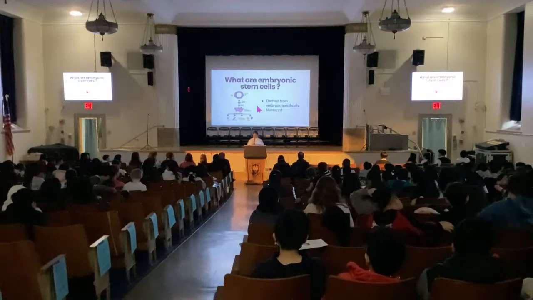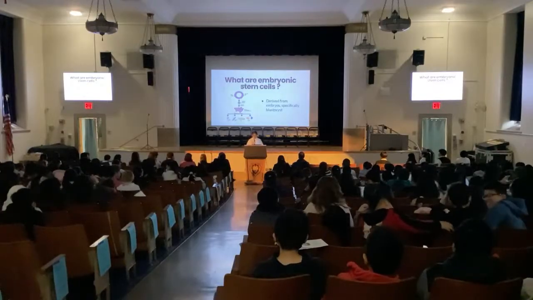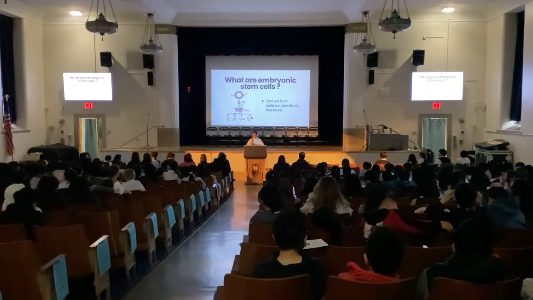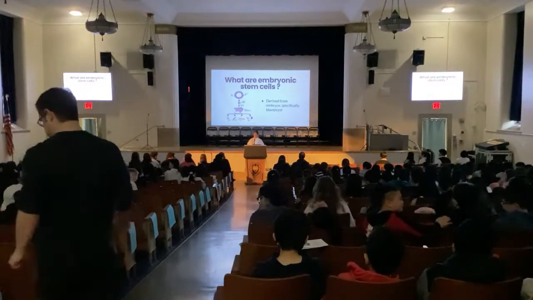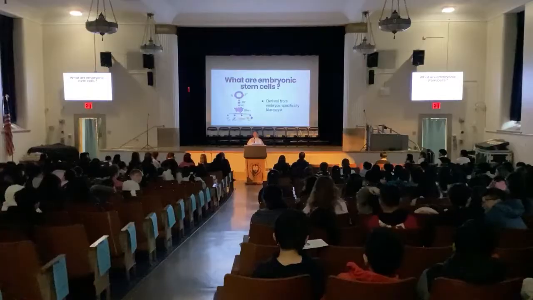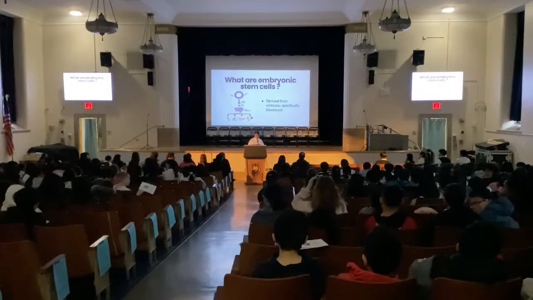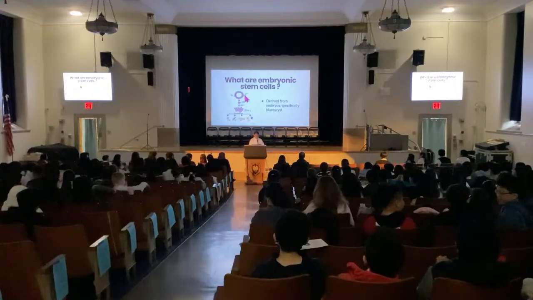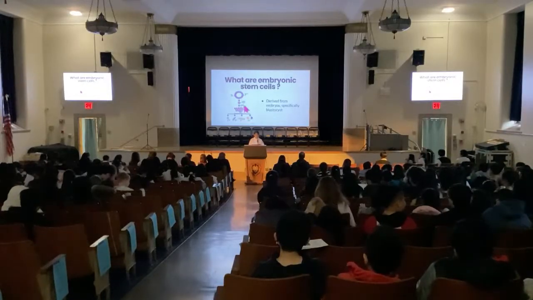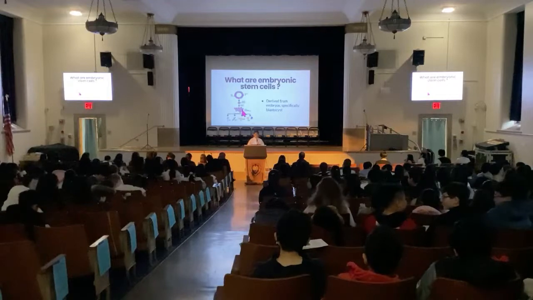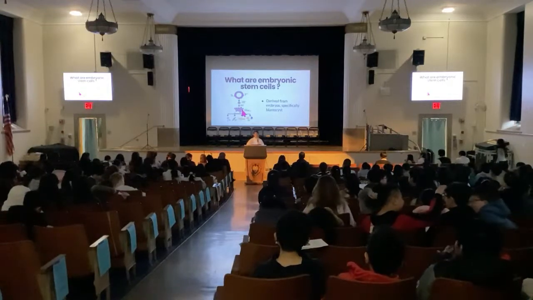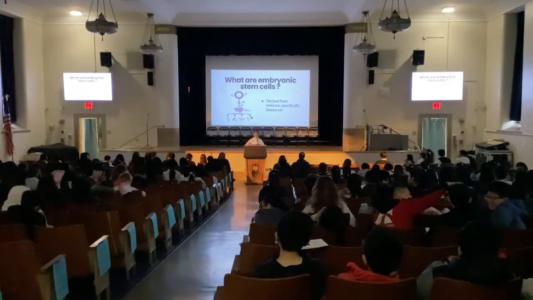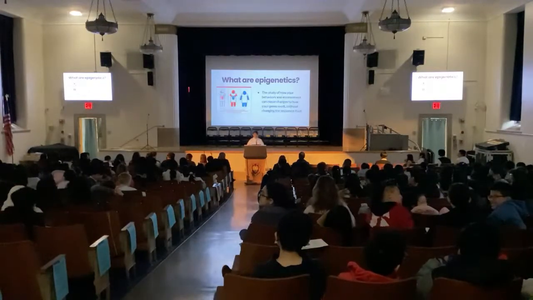I will also briefly discuss what embryonic stem cells are. Embryonic stem cells, like said before by my peer, are derived from embryos, specifically blastocysts, which are 3 to 5 day old embryos. As you can see in this picture, it depicts the embryonic stem cells being derived and cultured in a laboratory. Then using different culture conditions, you are able to turn these embryonic stem cells into nerve cells, muscle cells, gut cells, and even whole organs.